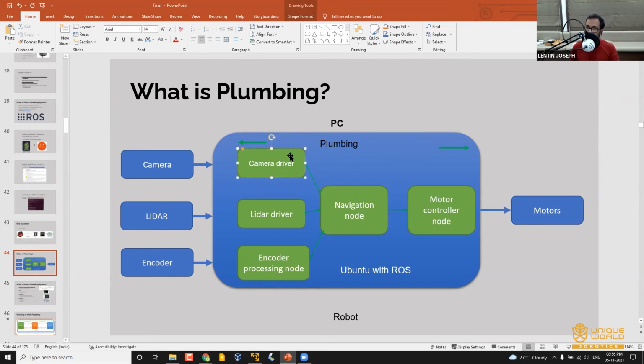Then ROS will interconnect these two nodes, and the data will start flowing from the camera driver to the navigation node. I'm only giving the abstract of it, because of the lack of time, I think I have to go fast.